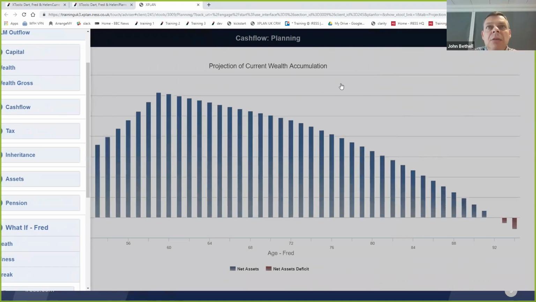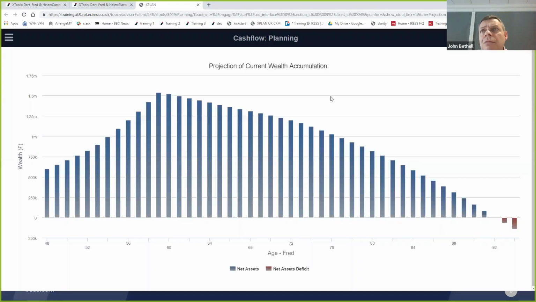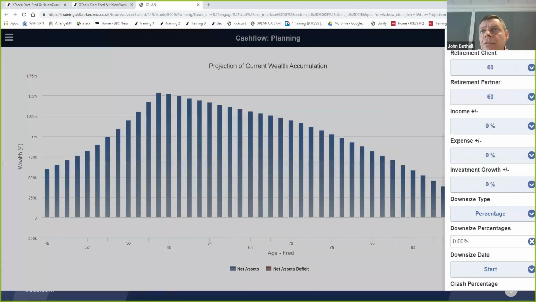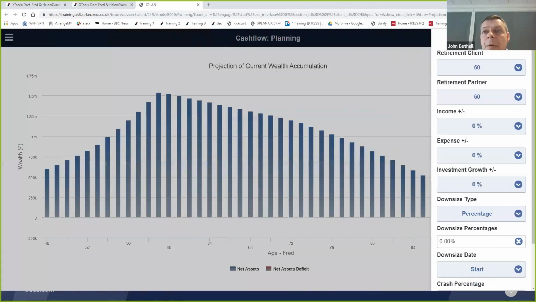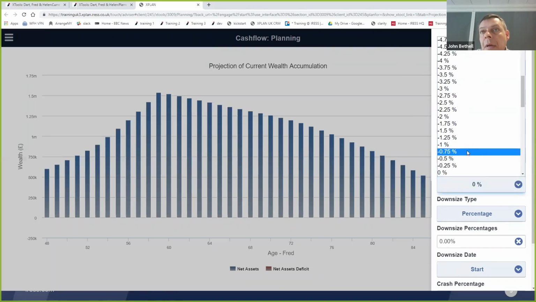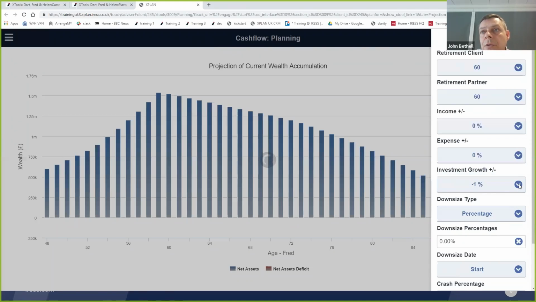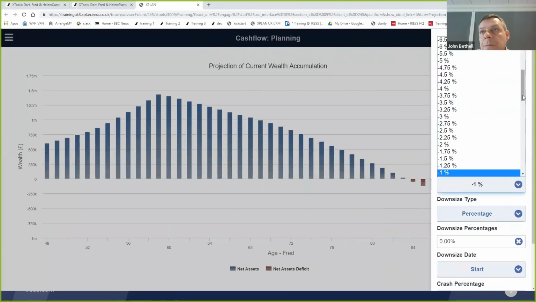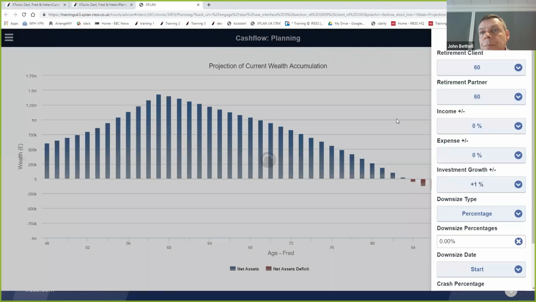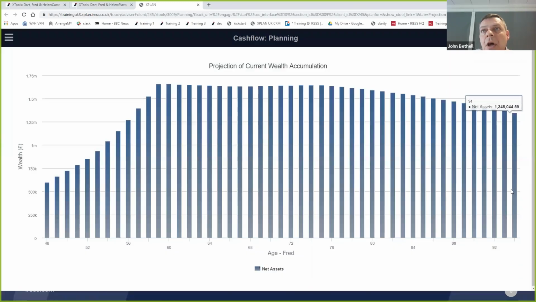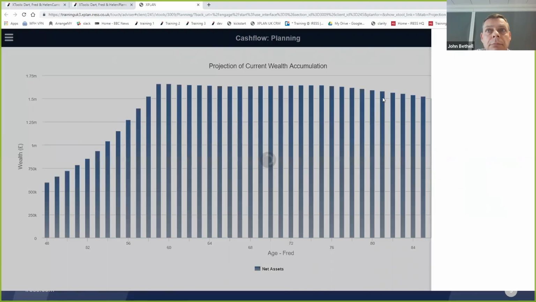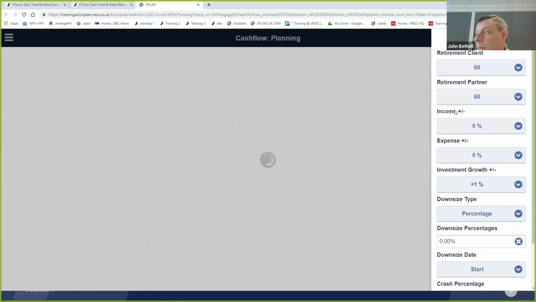And the client may be saying to us, well, certainly if they're right on that margin of risk, actually, yeah, I'm quite happy to go up a level of risk. Okay, that's fine, but what does that mean in terms of market setbacks? So let's increase our investment growth by a risk band, say, we'll go up rather than down, by 1%. So that gives us a nice large surplus. That's great. But what happens if there's then a market setback? And so we might be saying to our clients,